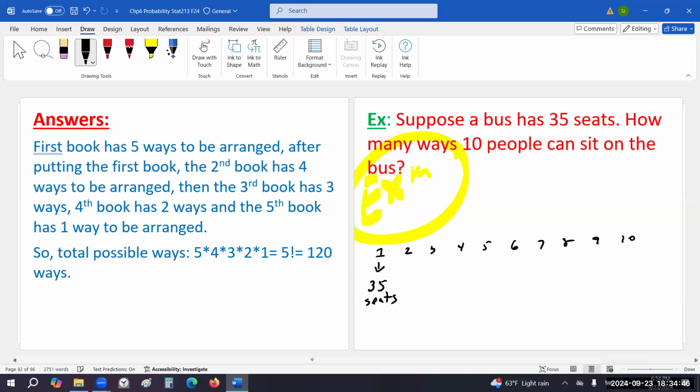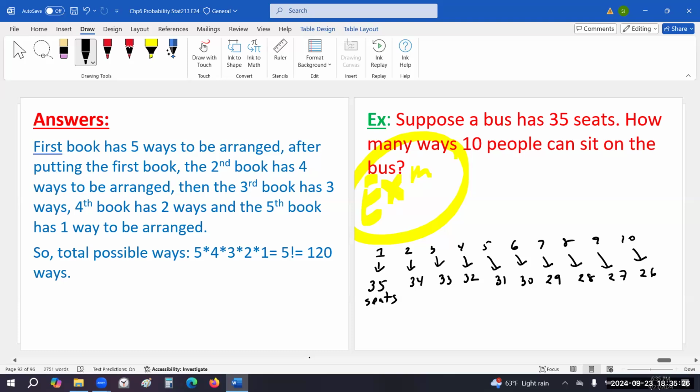35 seats. Second person has 34, right? How about the third person? 33. The next person, 32. Next person, 31. The next one, 30. Next one, 29. Next, 28. Next, and next,